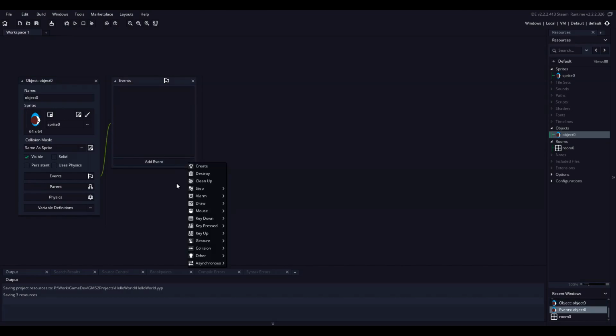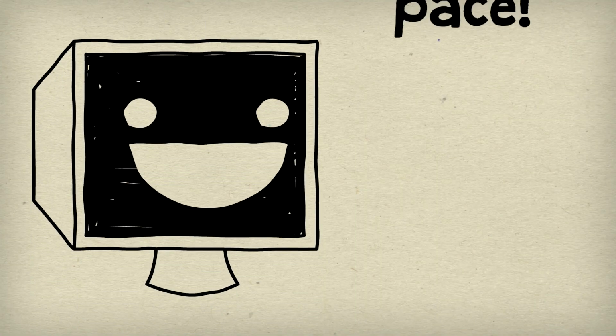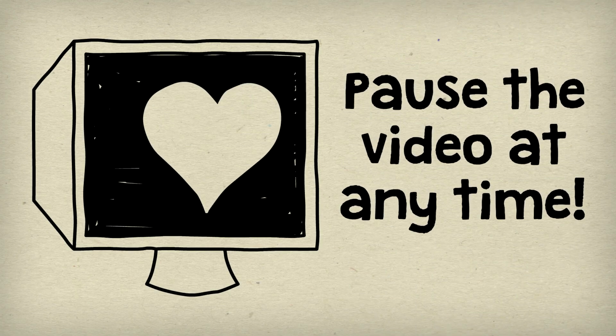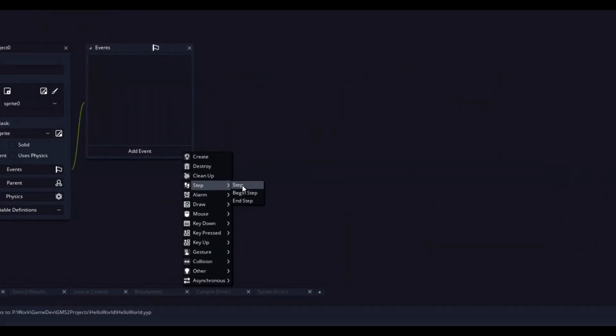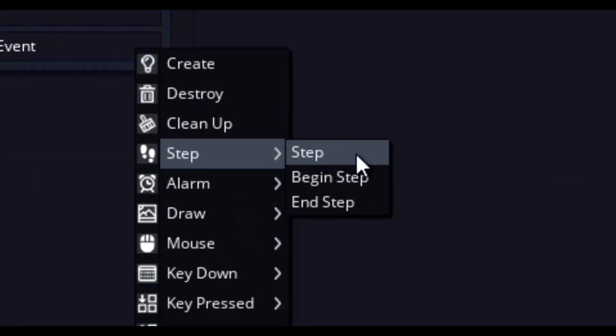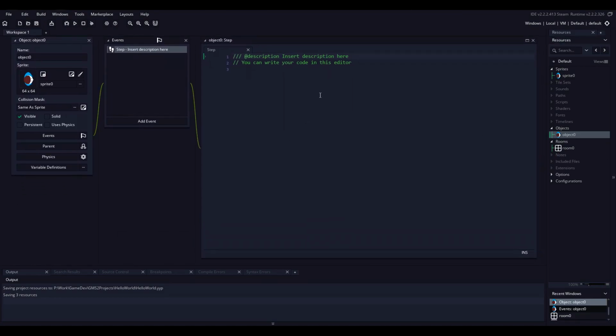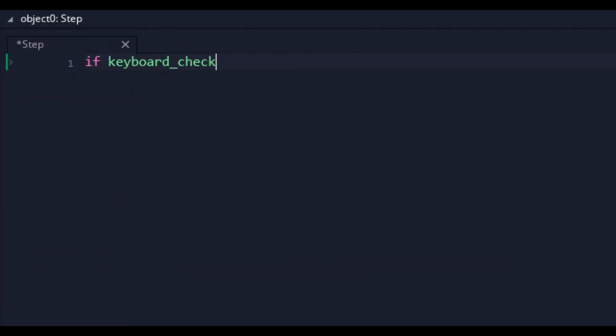It's time to get to some coding. Now for this next part, feel free to follow at your own pace and pause the video at any time. It's not going anywhere. So first, let's add a step event to our hero object. This is important and I'll explain why in a bit. Next, mouse over to the code editor and type the following exactly as you see it here. If keyboard_check(vk_up) y -= 1;